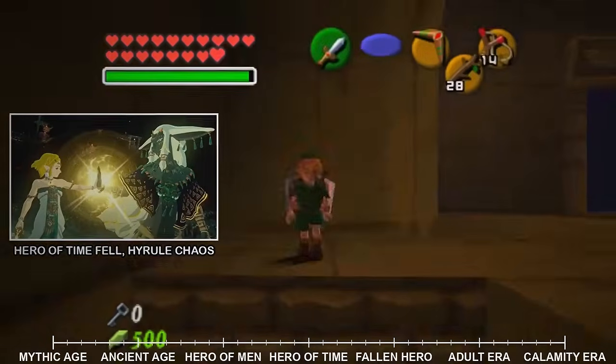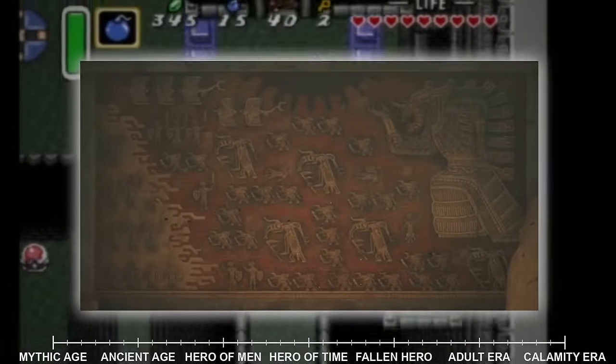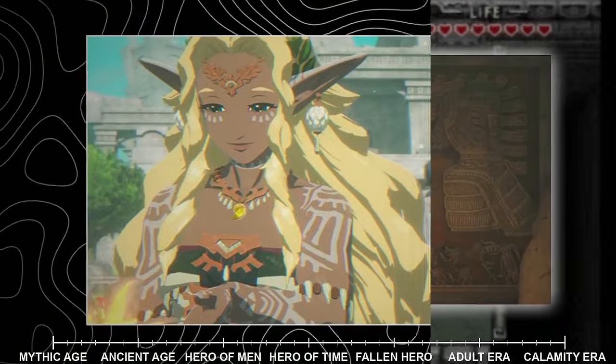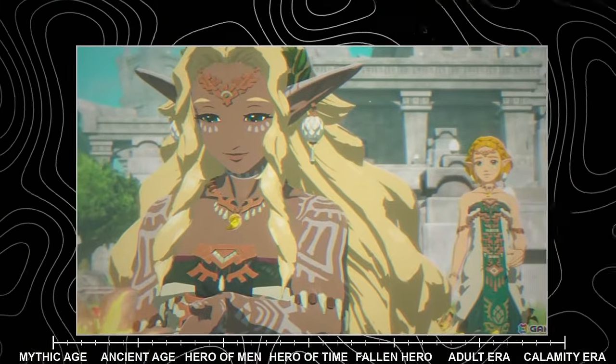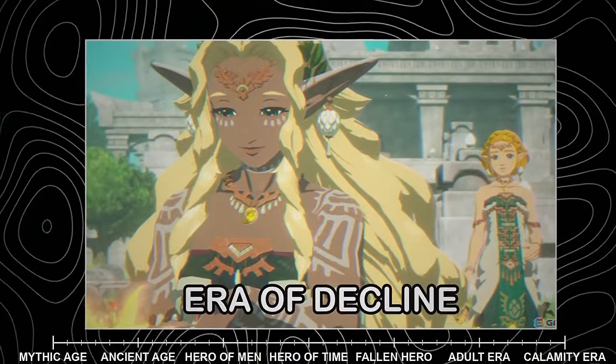7 sages who sealed Ganon away, leading to the imprisoning war and eventually to the near destruction of the kingdom itself, until a new hero arose to defeat Ganon and claim the complete Triforce, bringing about an age of gold that would itself eventually decline into the era of decline, where Hyrule fractured into warring states before being reunited, only